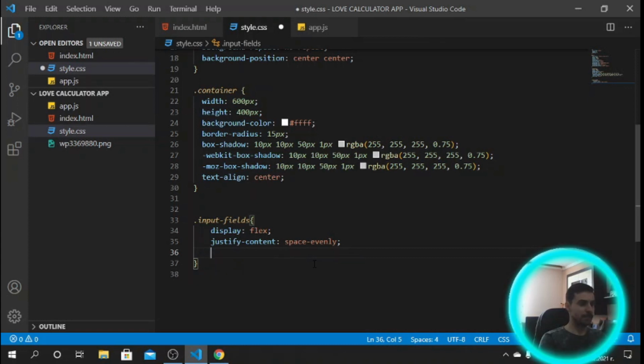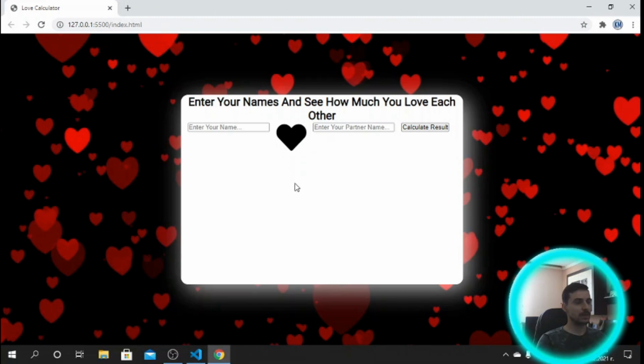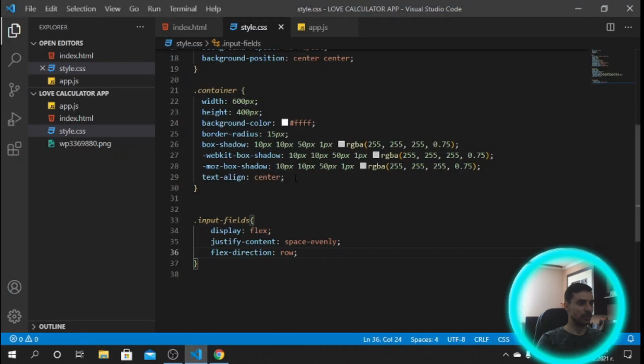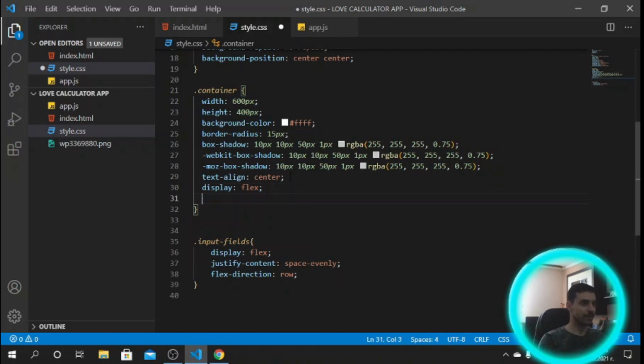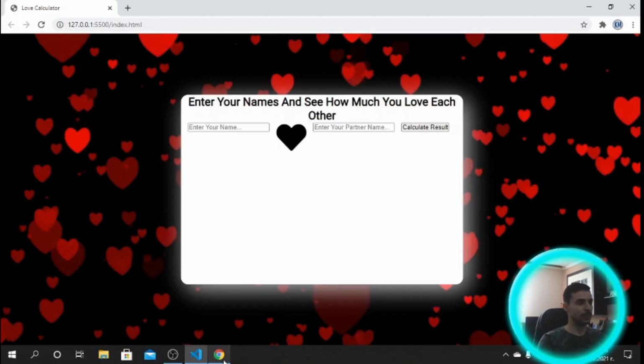You can say flex direction row. Let's save and see how this looks. Okay, they are next to each other, but we see the button next to them, which is not how we want it. We want the button to be below that, and to fix this we can do display flex direction column. So if I do this, the items,